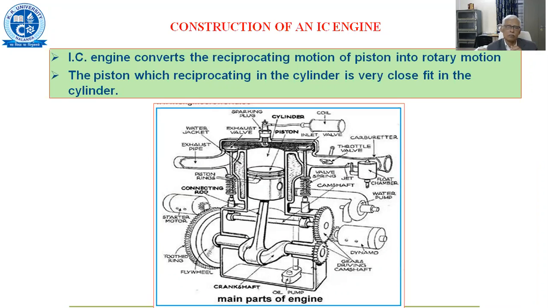One is the exhaust system. Then the fuel supply system, fuel and air, is for the supply of fuel into the engine cylinder. Then we have a combustion system, then to convert the reciprocating motion into rotary motion, for that again we have a transmission system. Likewise, we have several things in that. So now have a look at one engine which is displayed on your screen.